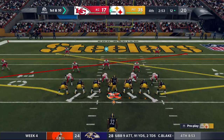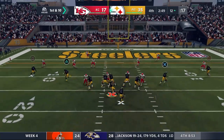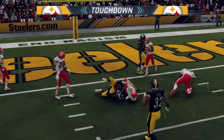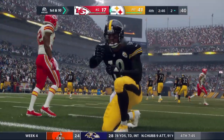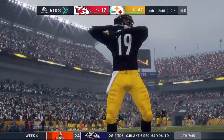Well, normally you might say start running the football. You've got the lead here in the 4th quarter, but the way that they've passed it with such success, I don't know. And he's in. Touchdown, Steelers. A 12-yard touchdown grab. And the fumble recovery leads to 6 points for the Steelers. They were